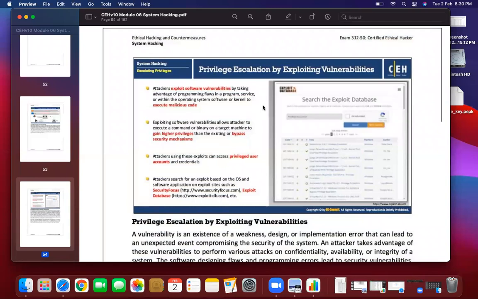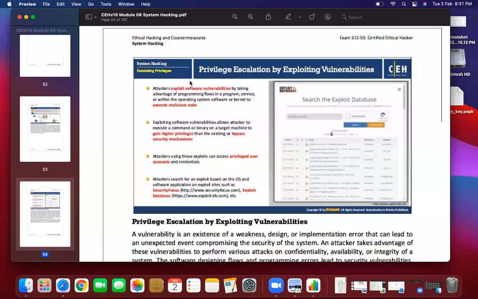Now, privilege escalation with the help of Exploit-DB is also very popular. I hope you have heard about exploitdb.com. On exploitdb.com, a lot of vulnerabilities are uploaded or available.